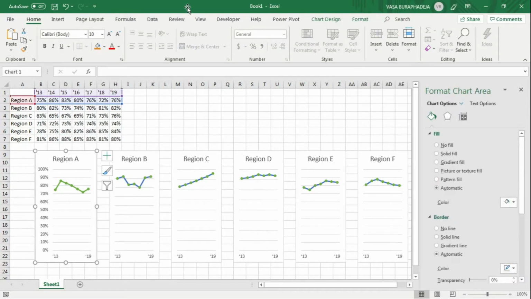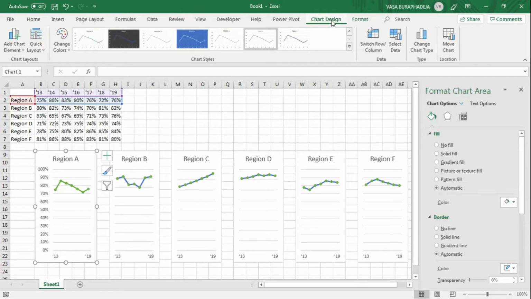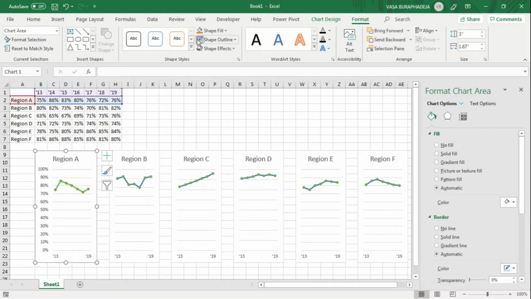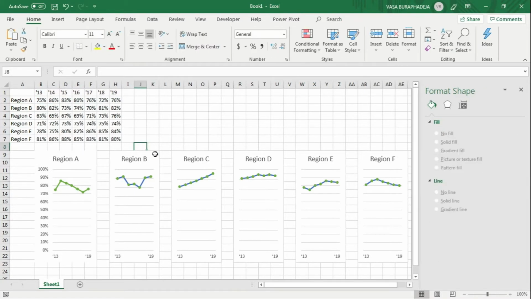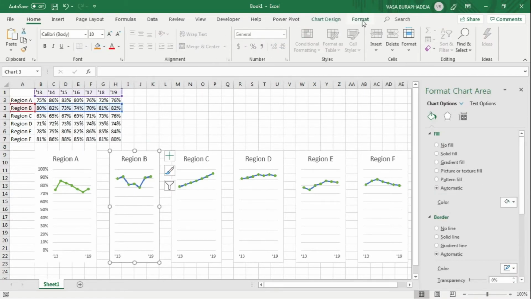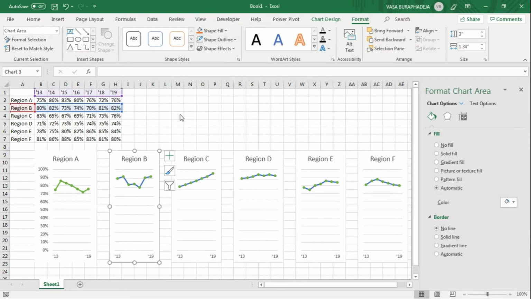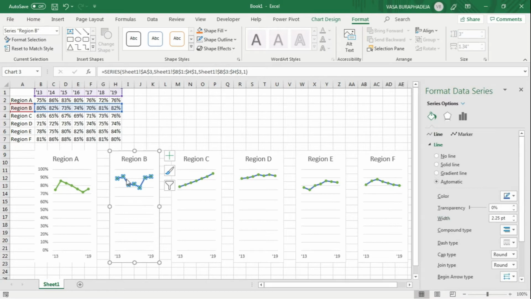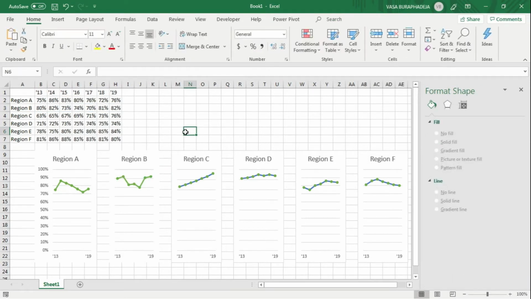But we just need to do some formatting to make sure that it looks clean. I'm going to remove the shape outline for the first 2. Okay, and you see why we only need to do that for the first 2 items. I'm going to change the line color to the one that I really wanted. So this is the green one, right? Now from here, all you need to do is copy this,